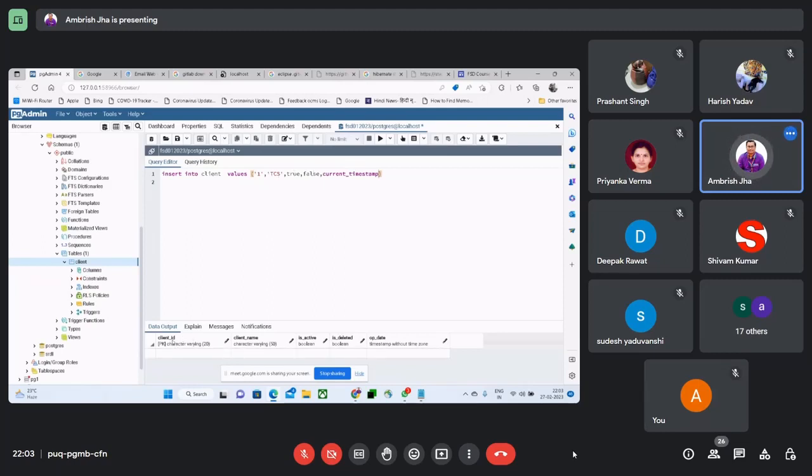How many columns are we having? 1, 2, 3, 4 and 5. If I run this, I get the output as inserted 1 record. Now if I run the select query, select star from client,